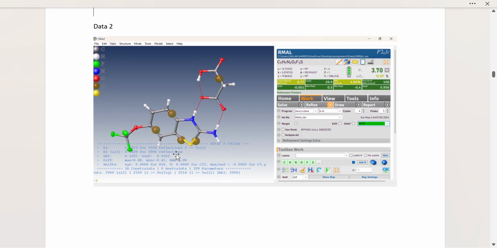This is the second data structure of RMAL. Maximum peak represents the uncounted peak, and minimum peak represents the overcounted peak. And GooF represents the goodness of the fitting.